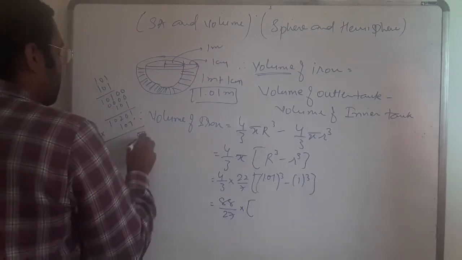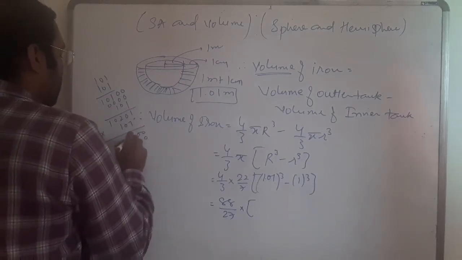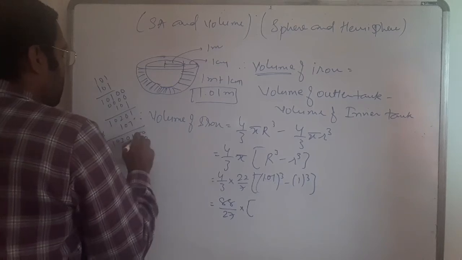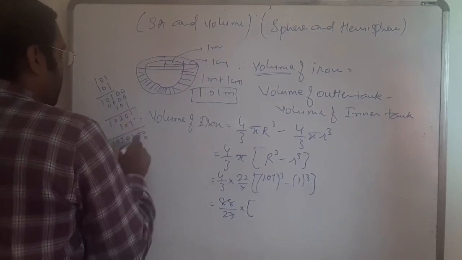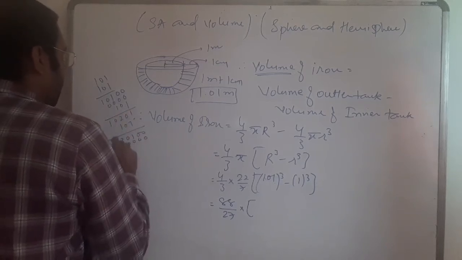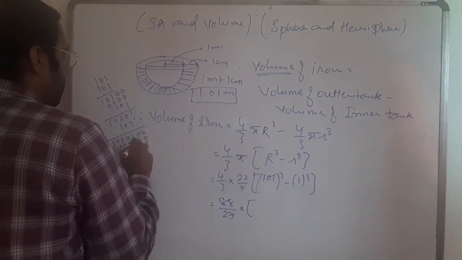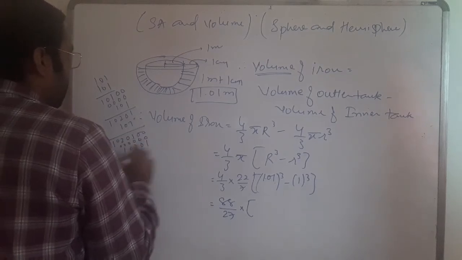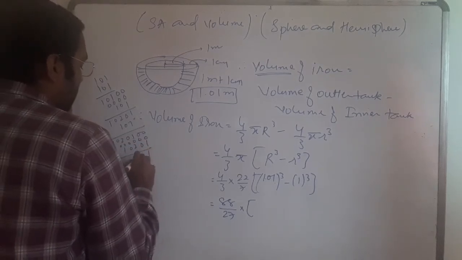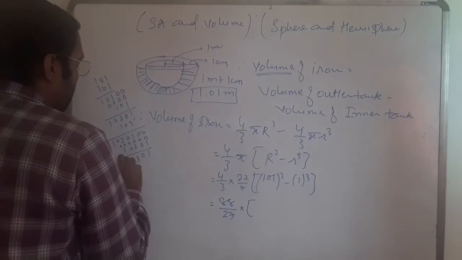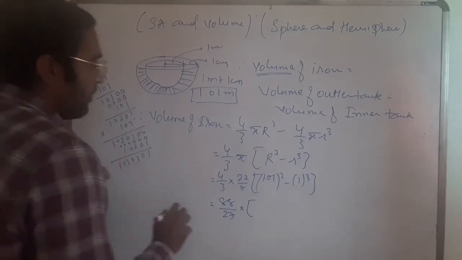So take 2 zeros, 10201, and 10201. Okay, so 1030301. So my answer is